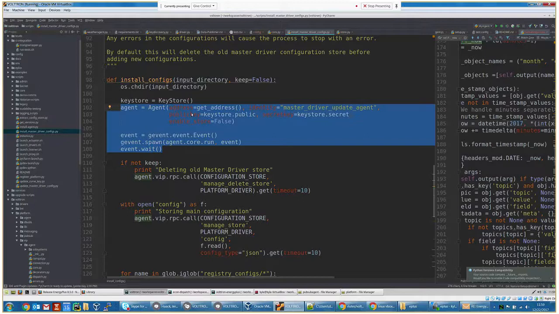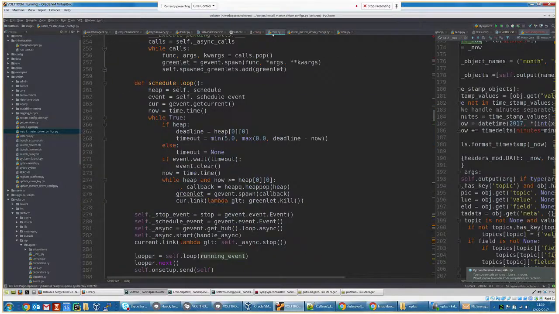You don't necessarily have to specify an identity for that agent if you just want it to be anonymous. You just leave the identity out, and then after the event returns, you have an agent that you can start doing RPC calls with. So it's useful for scripting some sort of interaction with the message bus. So back in core,